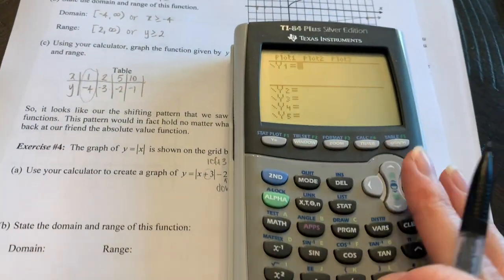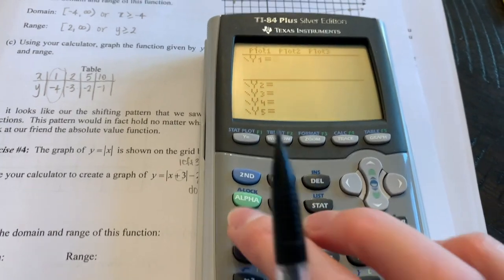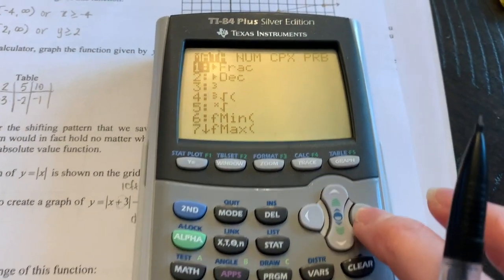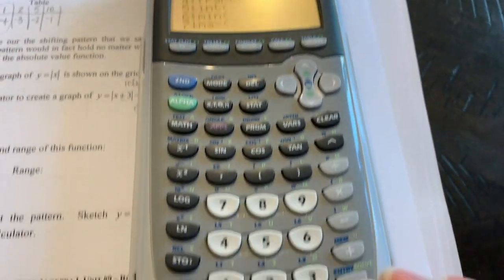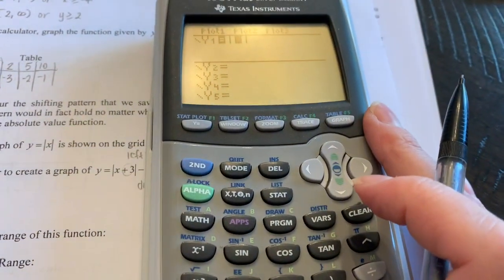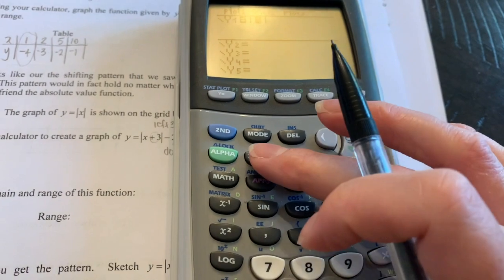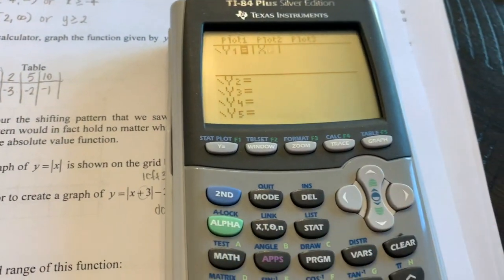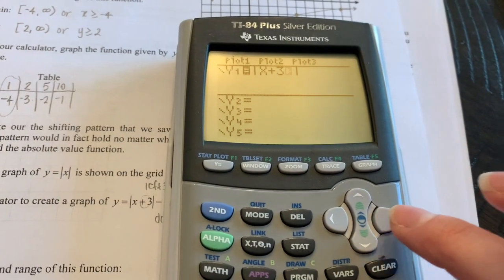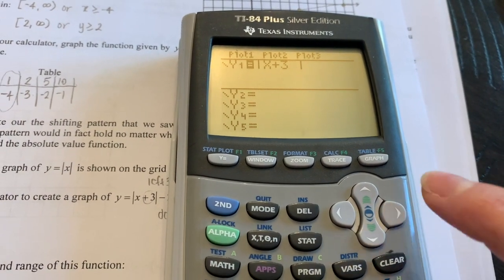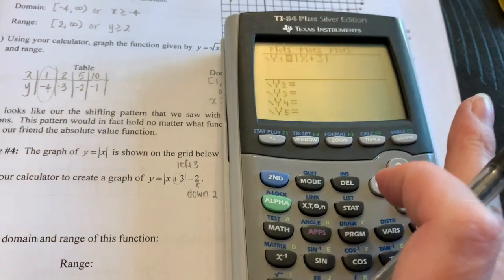So in here, to get the absolute value symbol, you go to math and you move over to num for number, and ABS stands for absolute value. So just push enter and then you'll see your absolute value symbol. And now we're doing x plus 3 inside. To get out of the absolute value symbol, you use your arrow, and now you can do minus 2 on